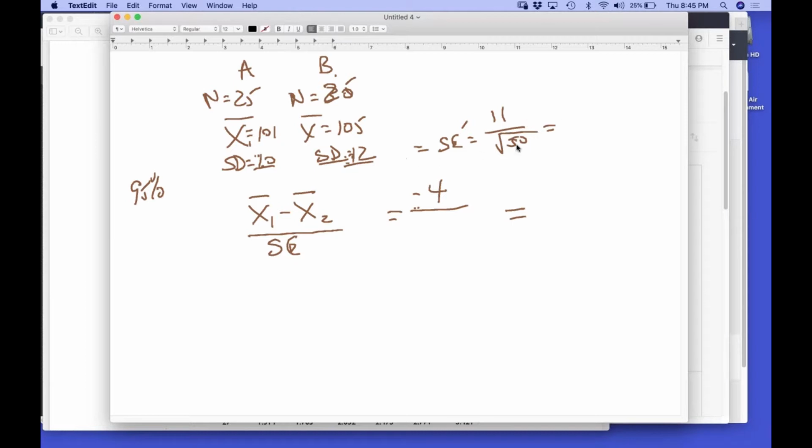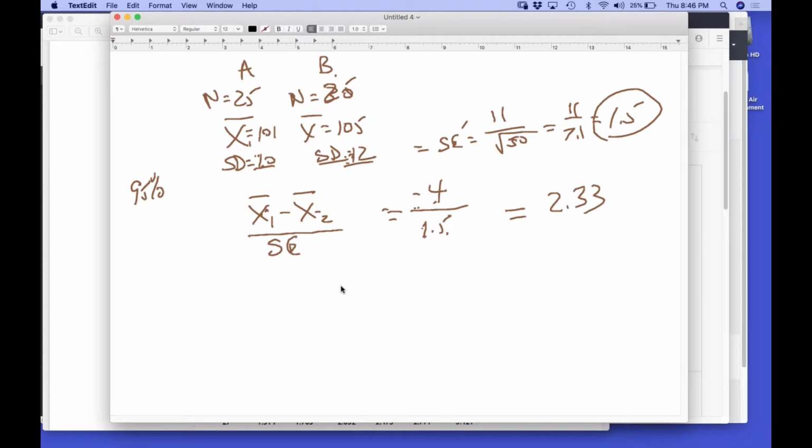So my standard error is going to be 11 divided by the square root of 50. The square root of 50 is about 7. That's about 11 over 7.1, let's say. Right, so this is going to be about 1.5 or something. Okay, these are all rough estimates. So the standard error is about 1.5. So I'm going to take my difference between the two means, and I'm going to divide it by my standard error based on the sample size and pooling all these results together, 1.5. When I divide 1.5 into 4, it comes out to